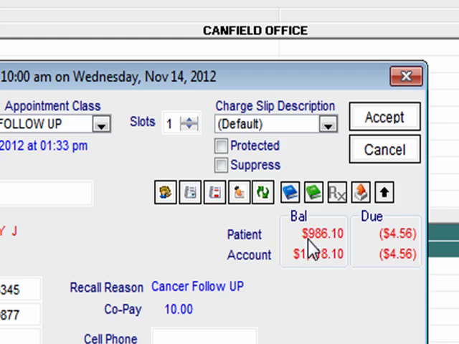Okay, next, patient balance. The patient balance is $986.10. The account balance is $11.18. It's saying that there is a credit balance currently of $456, and that probably has to do with a lot of bad math on the part of us trainers, and this is a demo system because that's probably a very unrealistic picture. But basically, in the due column for patient, right here, you would be able to tell the patient,